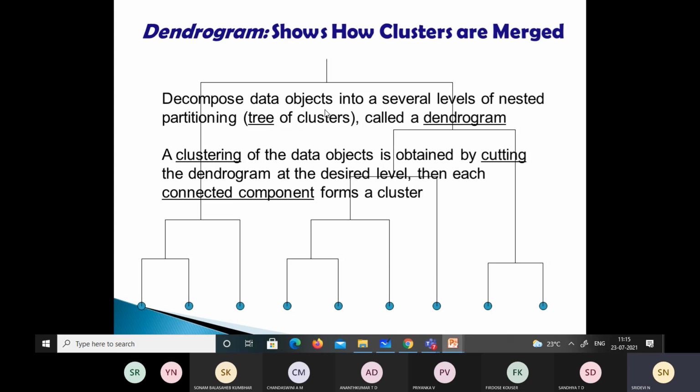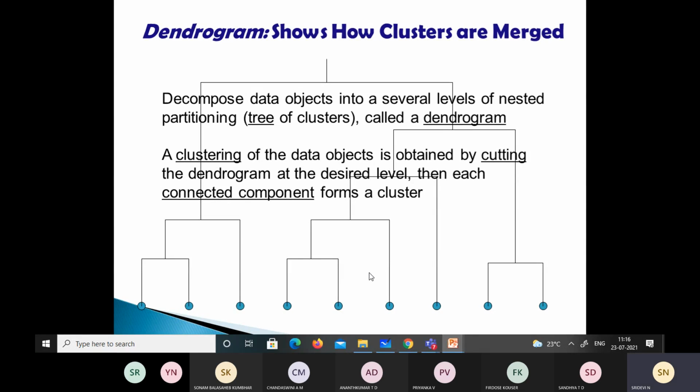We decompose the data objects into several levels of nested partitioning, that is a tree of clusters, which is called a dendrogram. A clustering of the data objects is obtained by cutting the dendrogram at the desired level. Then each connected component forms a cluster. As you can see, it displays both the cluster-subcluster relationship and the order in which the clusters are merged or split.